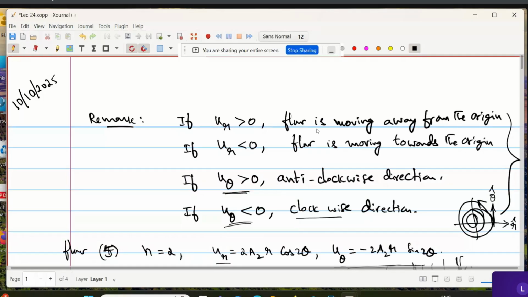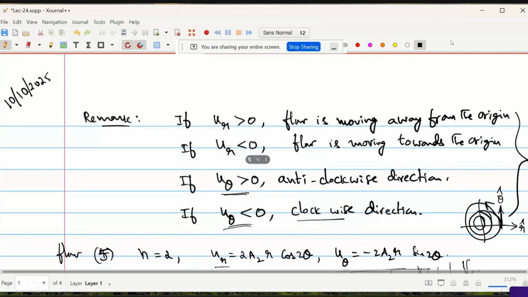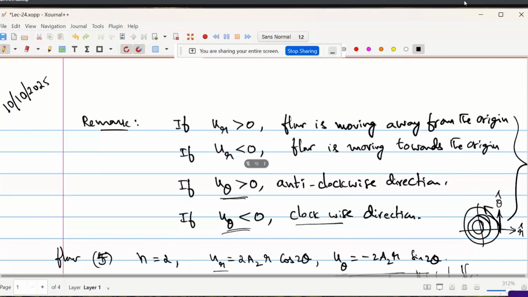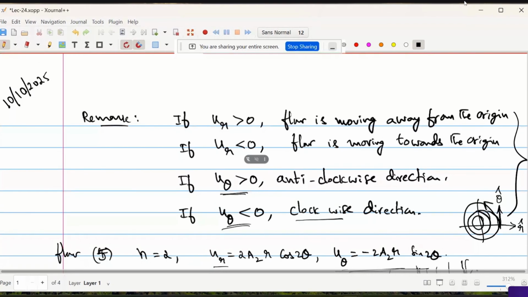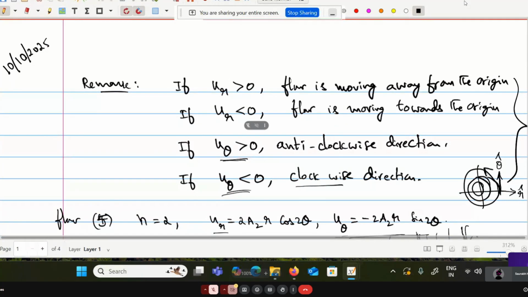When we looked at this flow also, you can do the same thing. It's away from the origin. This one is also. Everything is away from the origin. I think this is away. This is coming towards the origin. This one, if you come from far away, it is coming towards the origin, and then somewhere here it's moving away from it. So both directions, I think that's what you have to see. From positive y-axis to here it is coming towards the origin, and from here it is going away. You may not be able to see it here, but anyway,